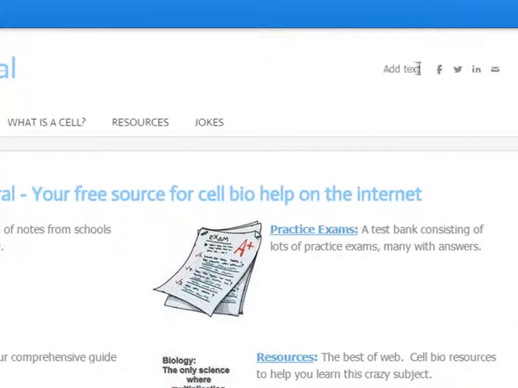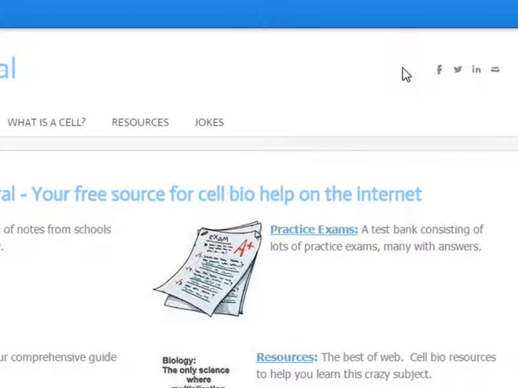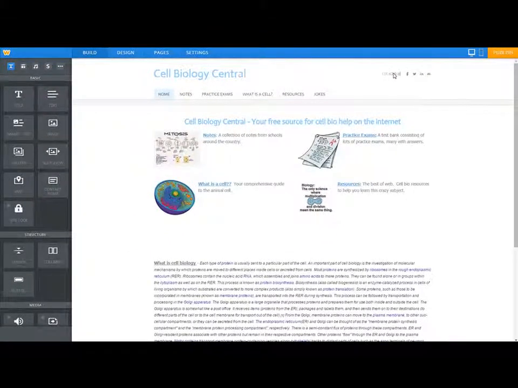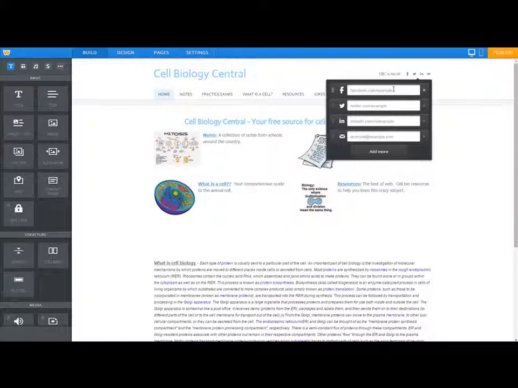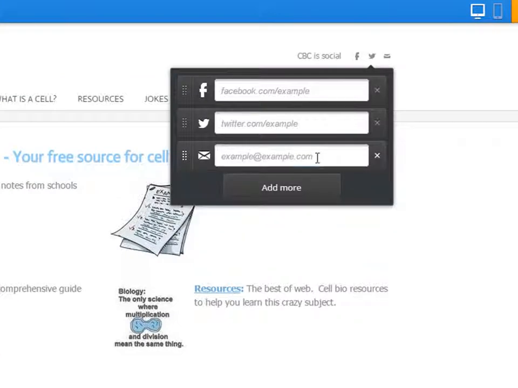One last thing that we want to do here. These little icons up at the top here are brilliant. This is how people contact you, and I'm actually going to put Cell Biology Central is social, right? Whatever. Put anything there. I'll probably change that. Link to your Facebook page here. Link to your Twitter. If you've got a LinkedIn, which I don't, so I'll get rid of that. I'll just exit out. But the first thing I'm going to do is if someone wants to email us,